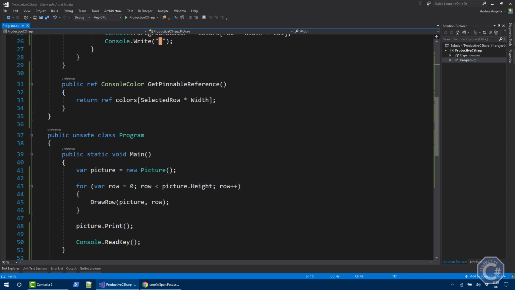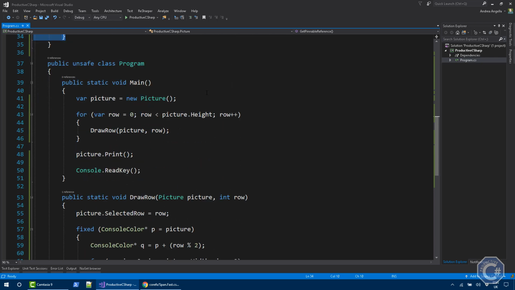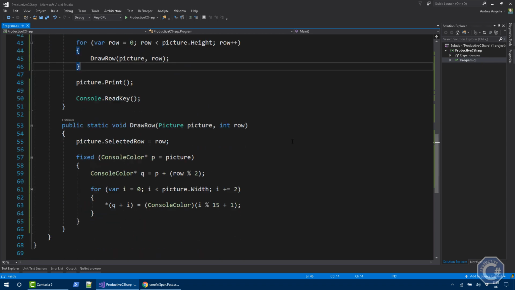I want to get in a second to this method here. Let's have a look at the program Main. So I'm using unsafe here, and the reason is because I'm using the fixed statement. What I do is I create a Picture, then for each row I call the DrawRow method, and then I print the picture. The DrawRow method uses the fixed statement